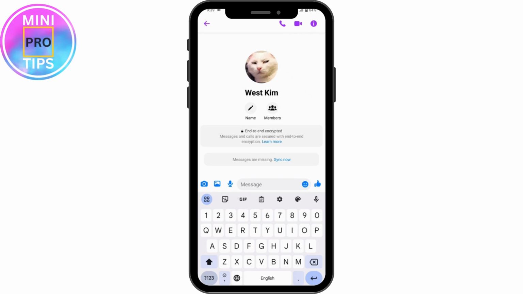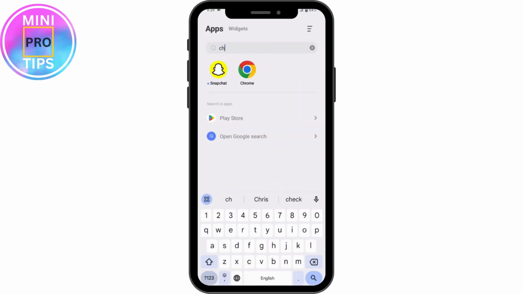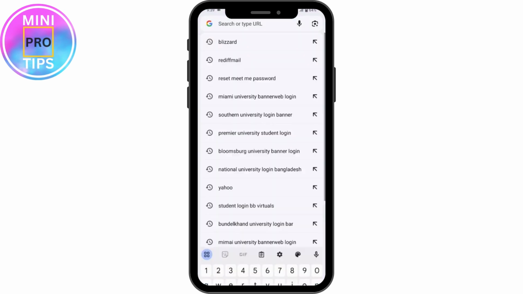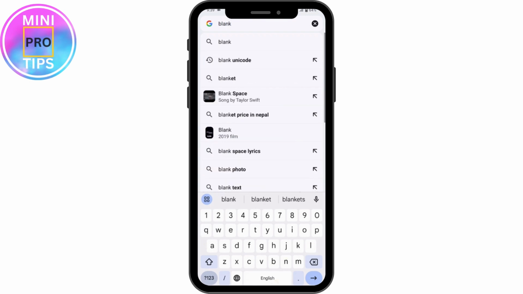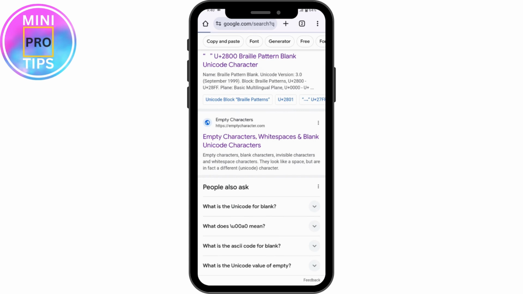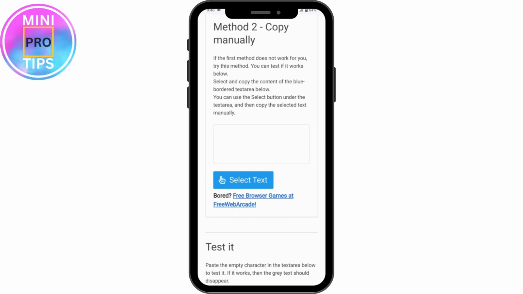So if you want to send that, then you need to open up your browser, any browser that you're comfortable with. So I'm here with Chrome browser. You can simply go for the search bar and search for blank Unicode. Once you've searched, you can simply go for any search and then scroll down, and here you will have this